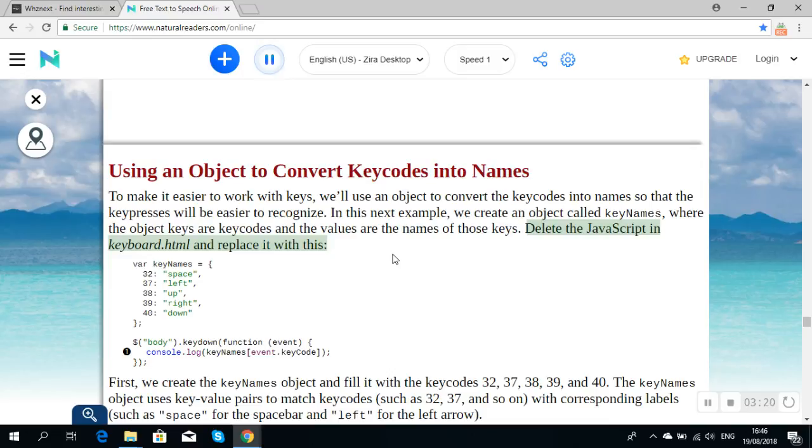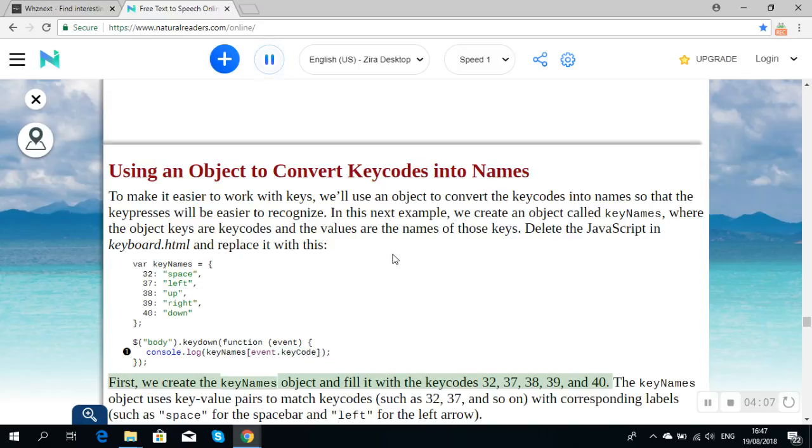Delete the JavaScript in keyboard.html and replace it with this. var keyNames = { 32: "space", 37: "left", 38: "up", 39: "right", 40: "down" }; $("body").keydown(function (event) { console.log(keyNames[event.keyCode]); });